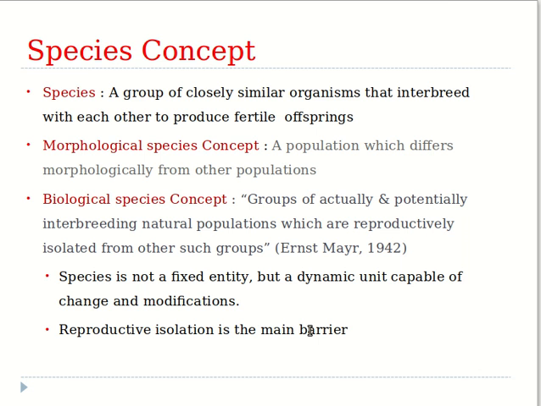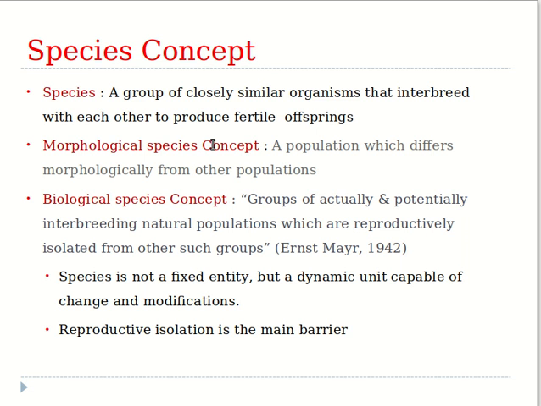Actually, this particular definition was put forward by Ernst Mayr in the year 1942, and this is considered to be the biological species concept. The definition is somewhat unrealistic, and there had been plenty of taxonomists, evolutionists, and even geneticists who had come up to explain or define the concept of species. And accordingly, there are various concepts on species, and among those, the two species concepts, morphological species concept and biological species concept, are the ones which you are supposed to learn as per your syllabus.